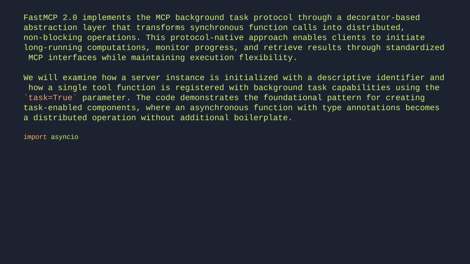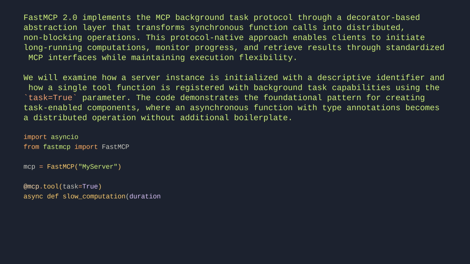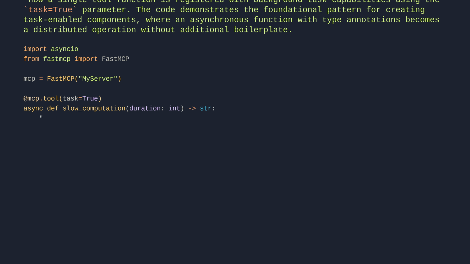import asyncio. From fastmcp import FastMCP. mcp = FastMCP("my server"). @mcp.tool(task=True) async def slow_computation(duration: int) -> str: "A long-running operation." for i in range(duration): await asyncio.sleep(1). return f"Completed in {duration} seconds"